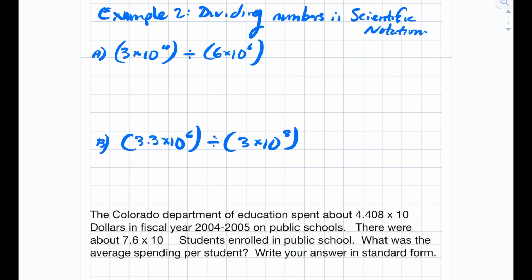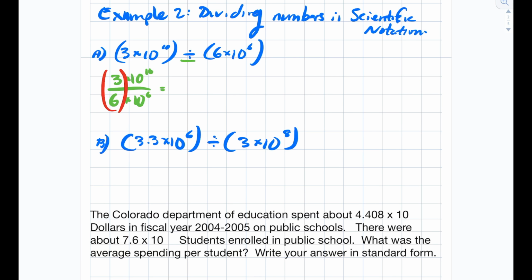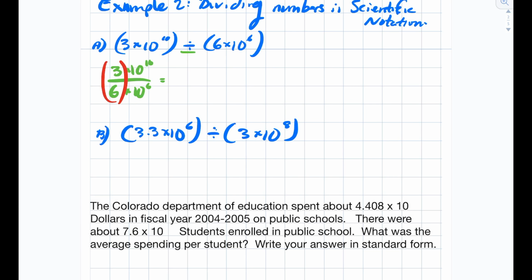So this right here, the symbol is division, and that means that this whole first scientific number is being divided by the second one, 6 times 10 to the 6th power. And what I suggest you do here is you break this up into two different division problems. That's one, and there is the other. So 3 over 6 times 10 to the 10th divided by 10 to the 6th, which